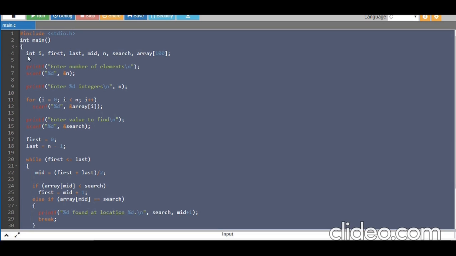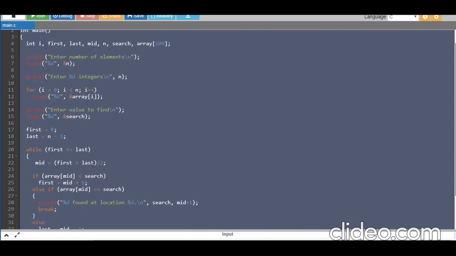Here I have defined 5 to 6 variables: i as an index variable, an array of size 100, first, last, mid, and insert. First, I'm reading the size of the array, storing it in n. Second, we are reading the array elements. Third, I'm reading the search value, and here the main logic will start.